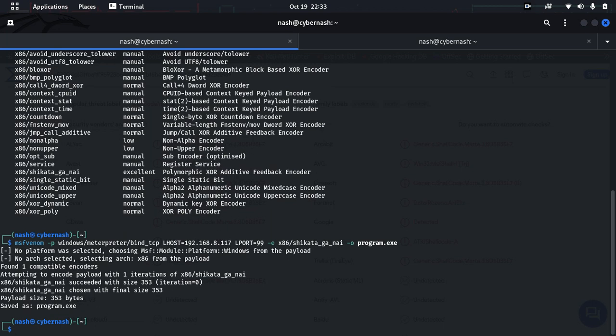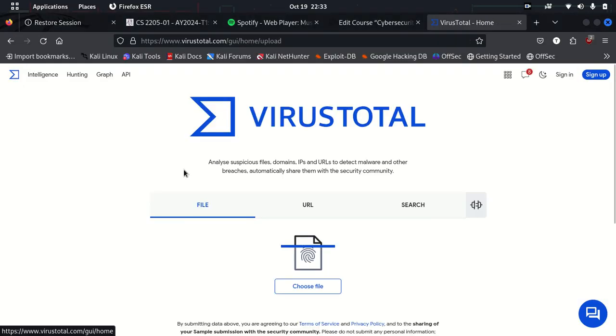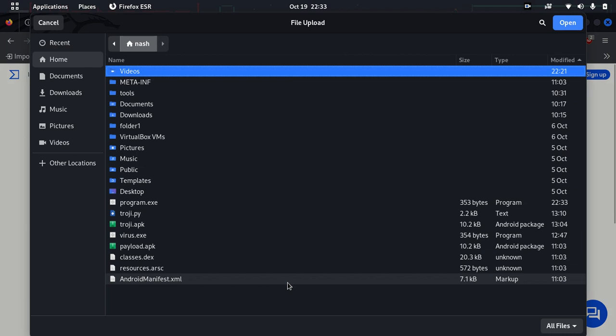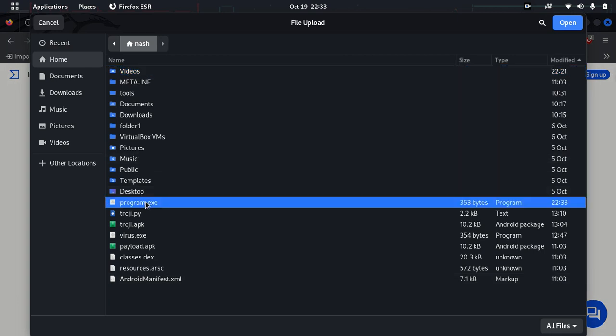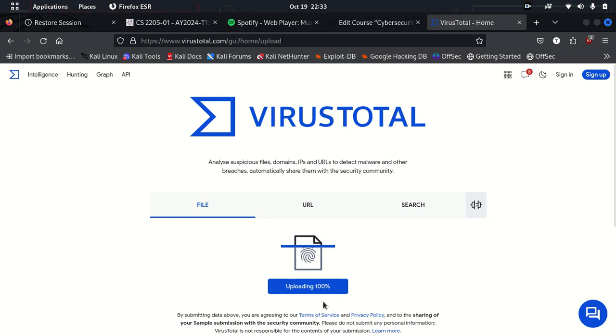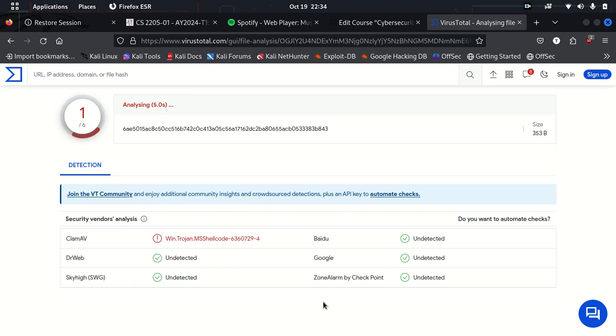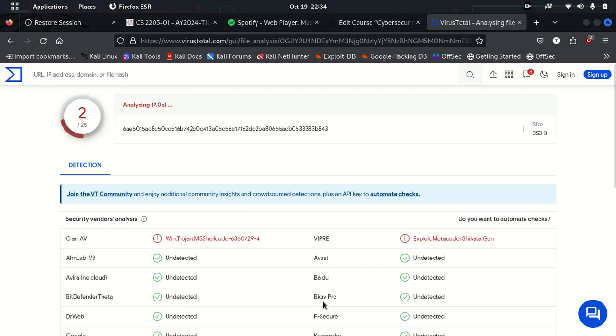And now we just have a different kind. So this is what we have now. Okay, so it has been encoded, as you can see, with Shikataganai. I'm now going to go ahead and run an antivirus scan again, with program.exe, like so. Then I'm going to confirm that upload and see if we have any changes to our results